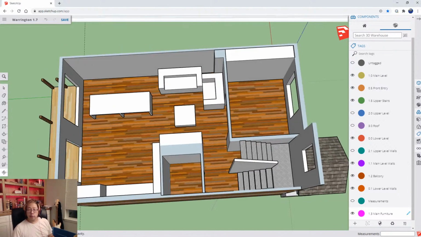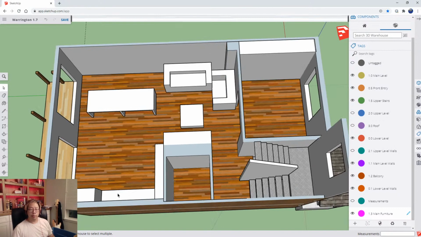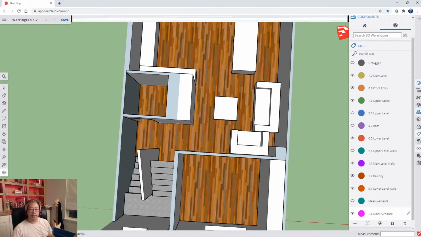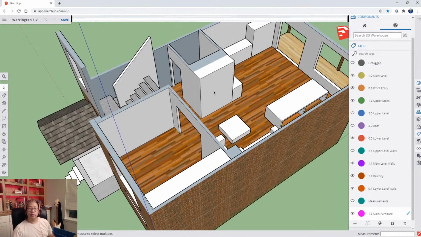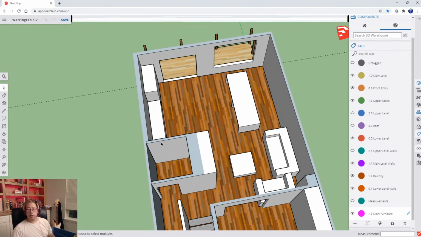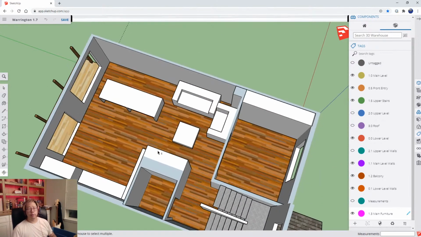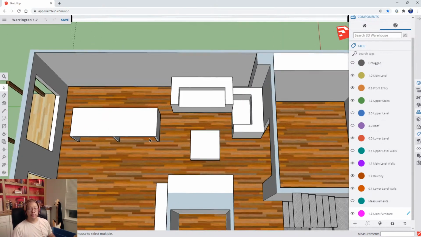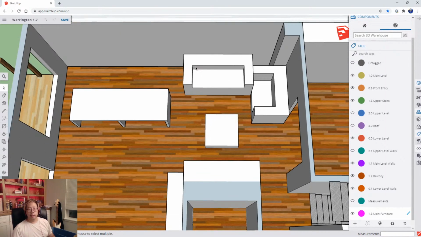Okay, so yeah, I actually used this. So I put in the cabinets just so I could get an idea where the cabinets were going to be. And then there's a fireplace here, and then the fridge goes here. So the main thing I wanted to figure out was I was building my new dining room table, so I needed to figure out how much space I had. So I mocked up